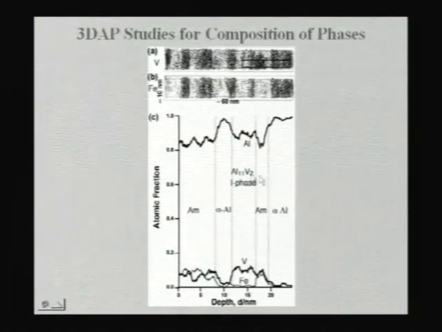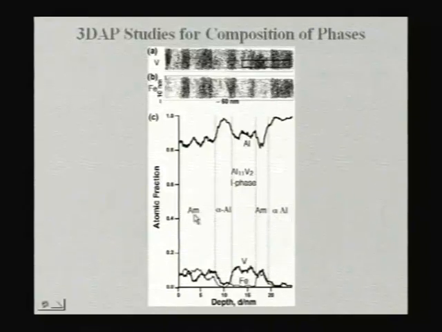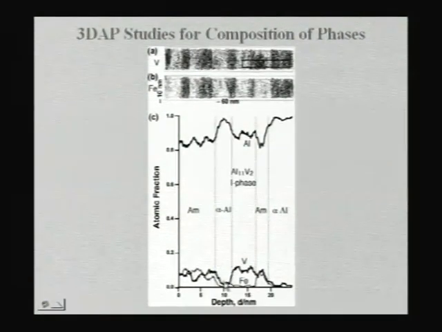And you have an icosahedral phase here which has low amount of aluminum but large amount of vanadium, which has a composition equivalent to Al11V2. This is a phase in this system which is like a Frank-Kasper phase, so its composition is very close to that. And then you have amorphous and again alpha aluminum. So you can see there is a kind of banded type of microstructures where some region of amorphous, some region of quasicrystal, and some region of alpha aluminum, and such a composite, this is all a nano composite because the whole thing is in a small